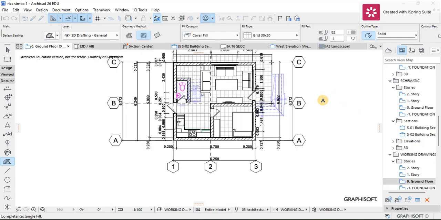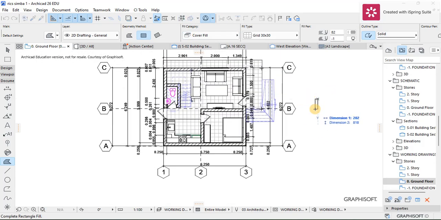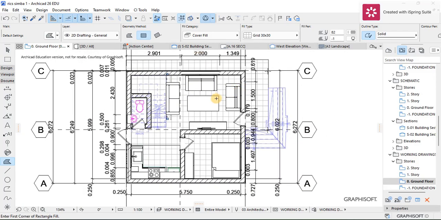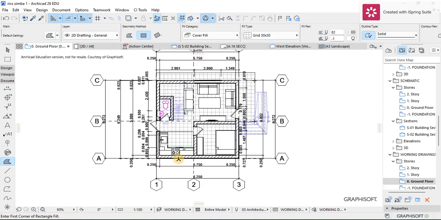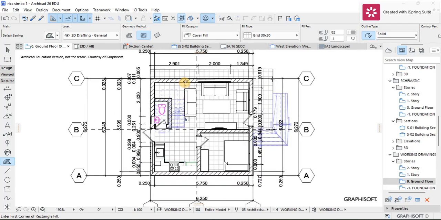So now the building is almost finished and my working drawings are almost complete. The only thing remaining is my annotations. To annotate these, I'm just going to use my property manager and my auto text to name the different